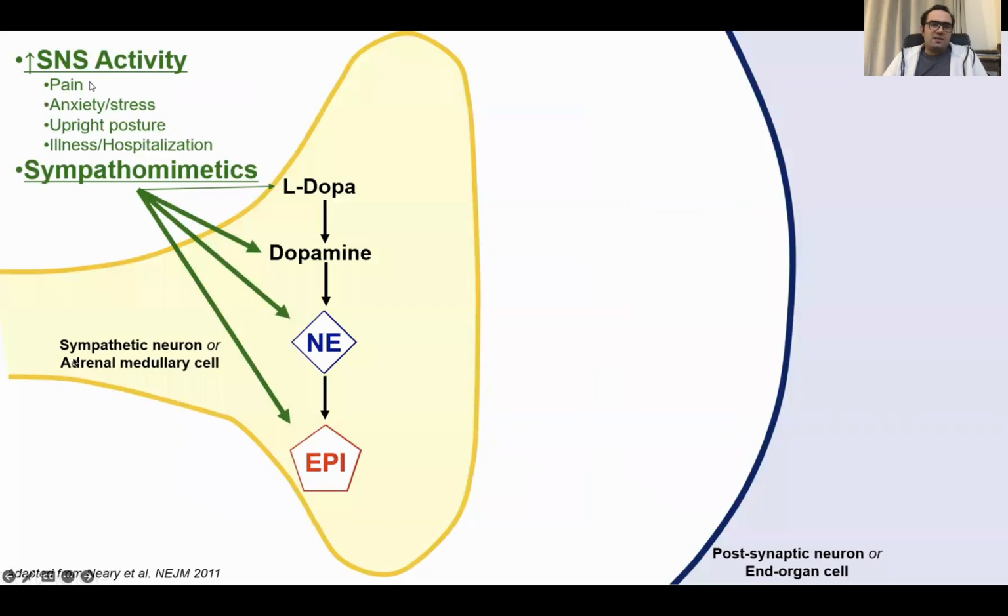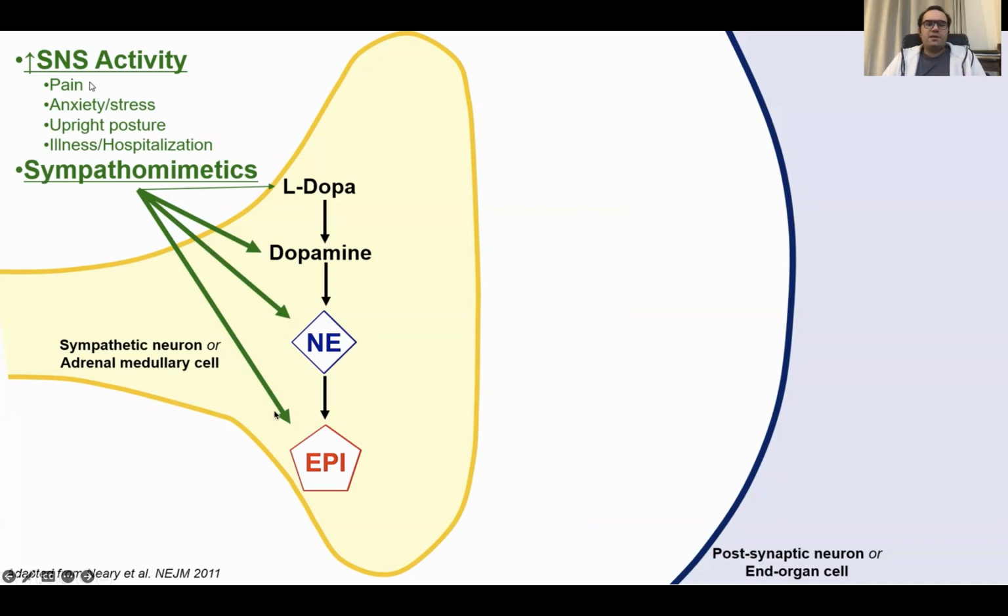Now, this is either a sympathetic neuron or an adrenal medullary cell, and this is the post-synaptic neuron or end organ. Here you can see tyrosine becoming L-dopa, and that will produce dopamine, producing norepinephrine and epinephrine. These norepinephrine and epinephrine are the catecholamines, and we understand that sympathomimetics can increase them and result in a false positive result. So any sympathetic nervous system activity like pain, anxiety, stress, upright posture, or illness can result in the increased